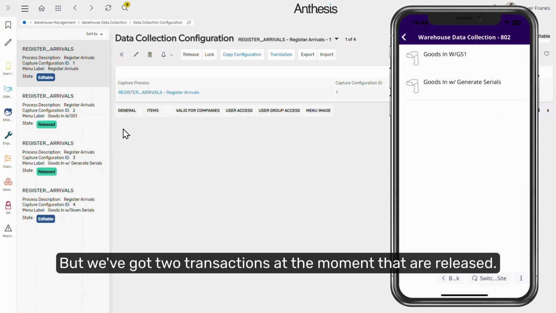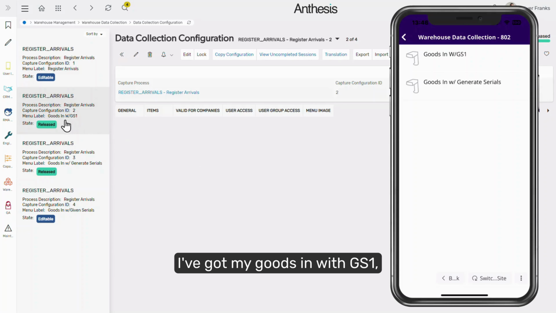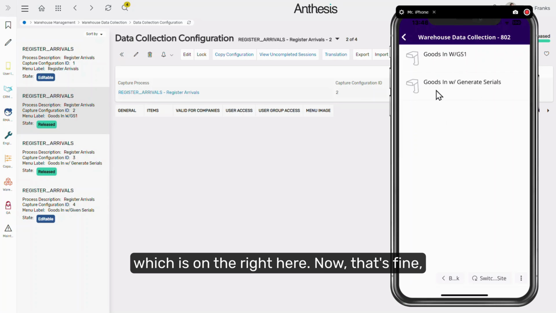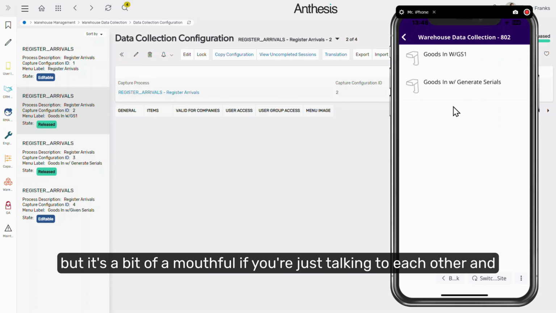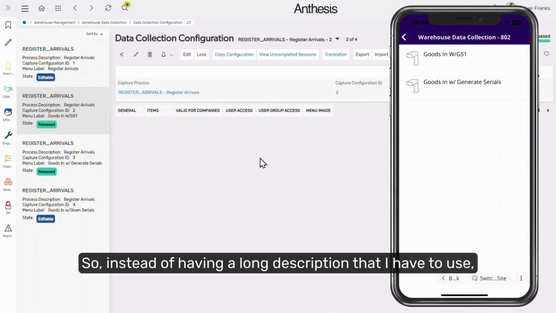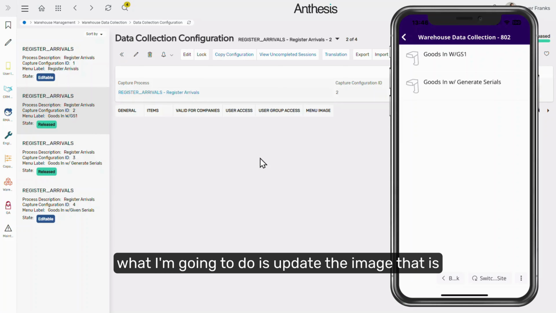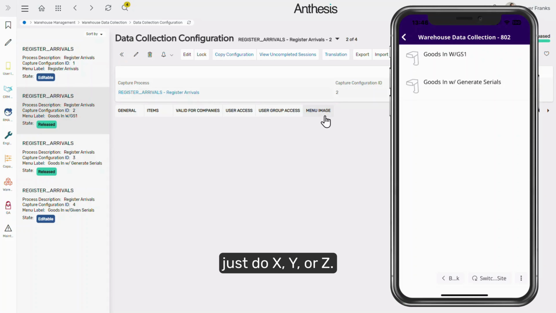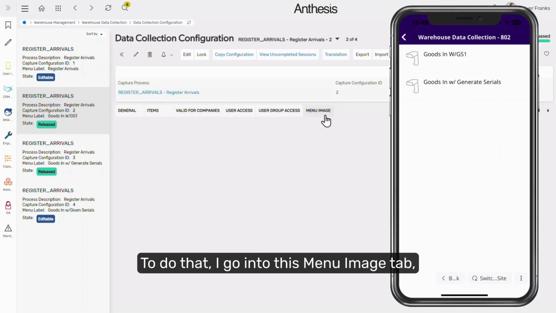But we've got two transactions at the moment that are released. I've got my goods in with GS1 and I've got my goods in with generate serials, which is on the right here. Now that's fine, but it's a bit of a mouthful if you're just talking to each other and maybe training someone who's brand new. So instead of having a long description that I have to use, what I'm going to do is update the image that is within the application so that I can more easily say to your user, just do X, Y, or Z. To do that, I go into this menu image tab,